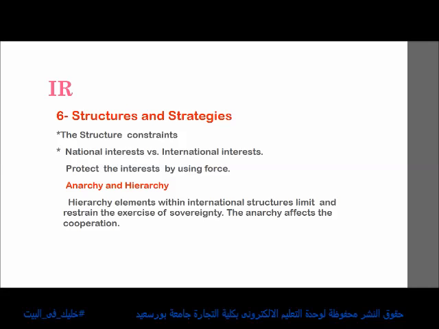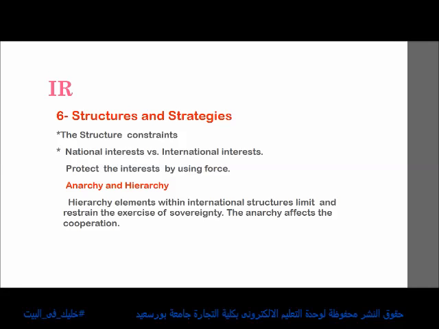As structures and strategies, some constraints really control the state's behavior. National interests versus international interests. Your national interests are to protect your country, to promote your country. International interests, like the